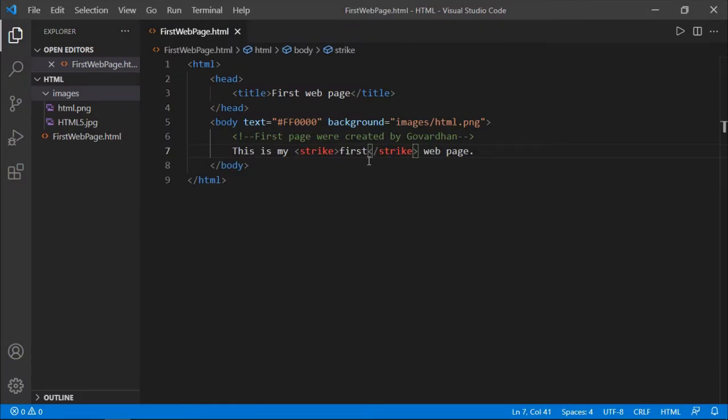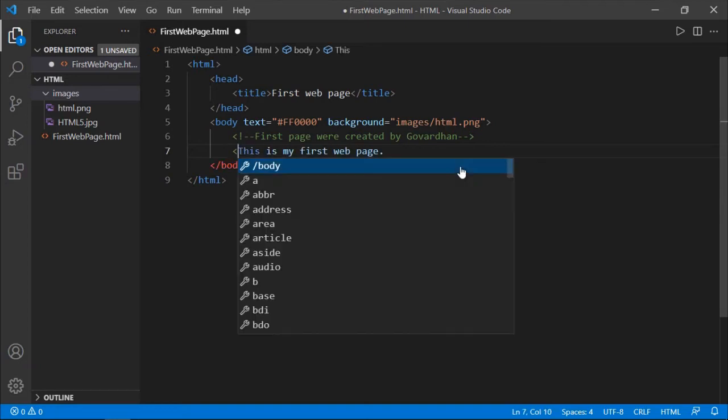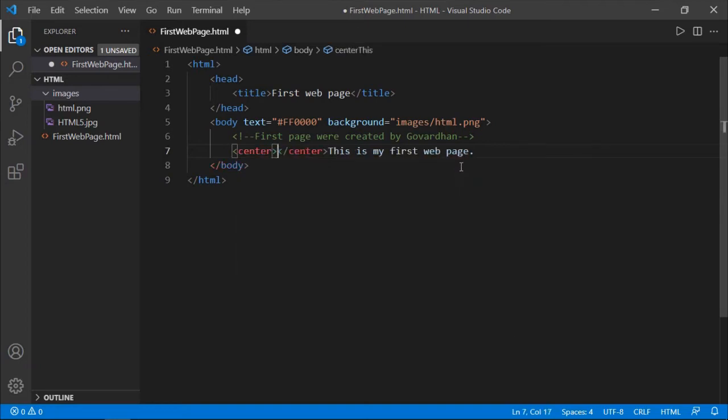Then if you want to display any word or line at the center of the page, which means in the corresponding row, we use the center tag. I would like to display "This is my first web page" in the center of the page, for which I am going to enclose this text in a center tag.